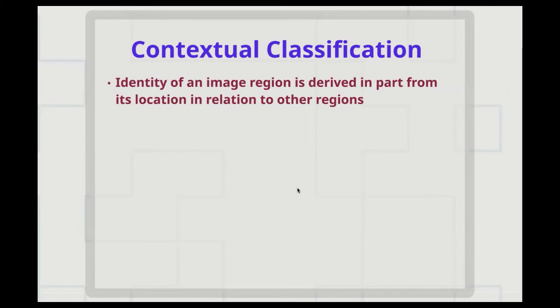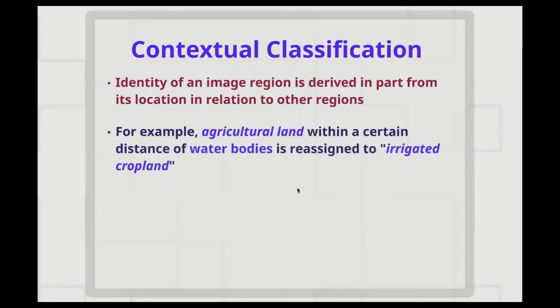The contextual classification will use the spatial context of a pixel or of some classes to further refine your classification. So what they consider is the geographical context, the relative location of the pixel or the classes to other regions. One simple example, which is really a simplification of the process: whenever you're running this contextual classification, you have to do some comprehensive field survey and also acquire local knowledge of your study area before you can apply some rules